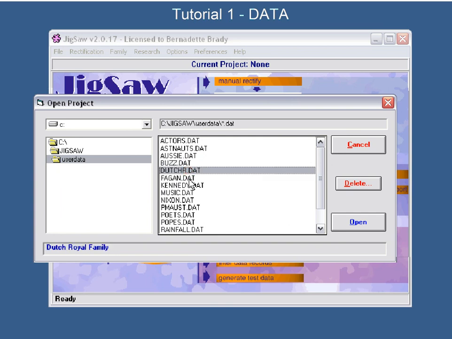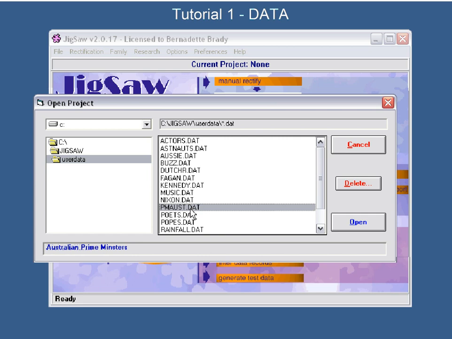The Dutch royal family, just as an example of a family group. Cyril Fagan's life events, he's a famous English astrologer, hopefully you know him. We'll use him as an example for rectification. The Kennedy family, which is an interesting little group of people, shall we say. Family pattern, it's like, you think you've got problems with your family, right? Music is just a whole lot of popular musicians, all untimed birth data, about 600 or so musicians. The life of Richard Nixon for rectification.